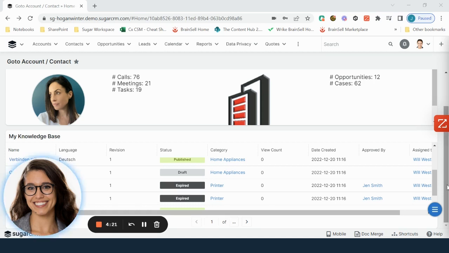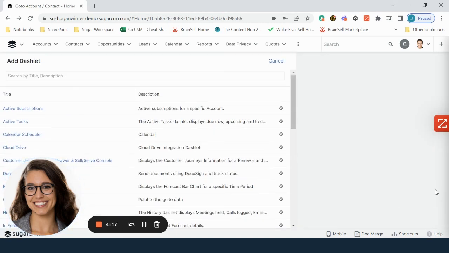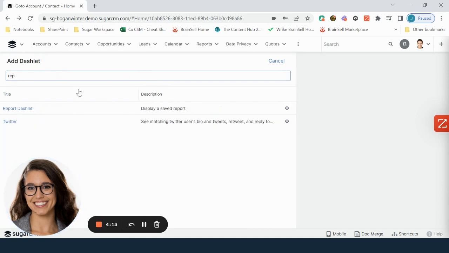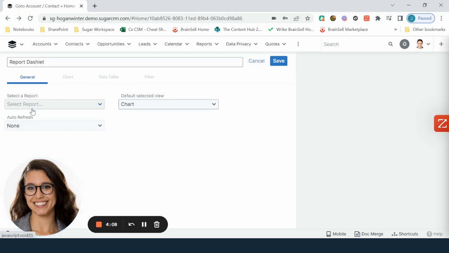So we're going to add that by going to add a dashlet, which you might be familiar with. And then I just type in report. And you can click Report Dashlet, and this will put on your dashboard any reports you've built and saved. So I'm going to select the sales report